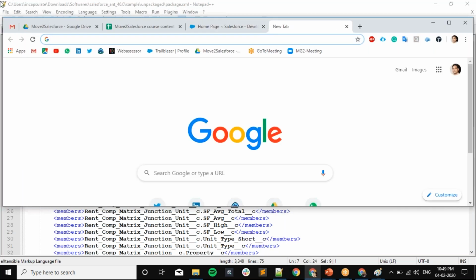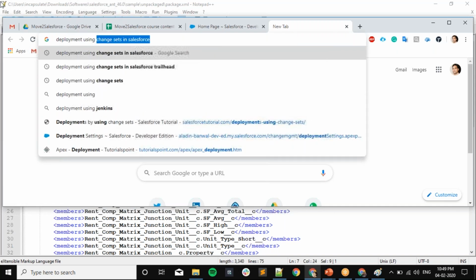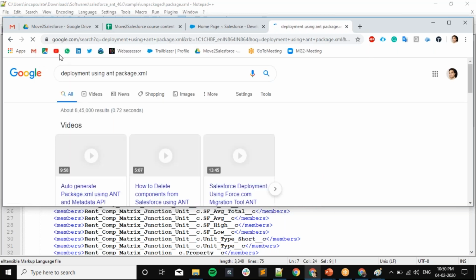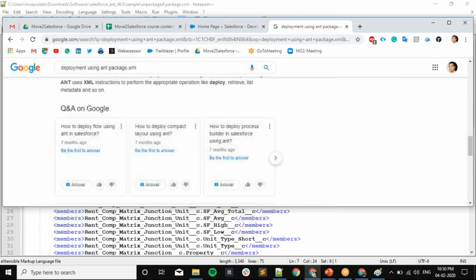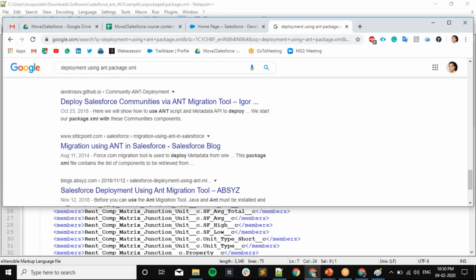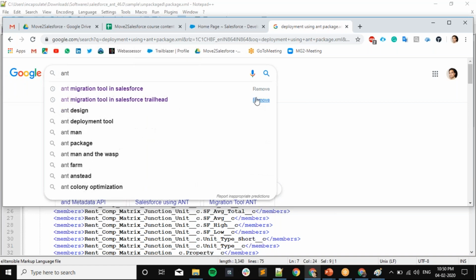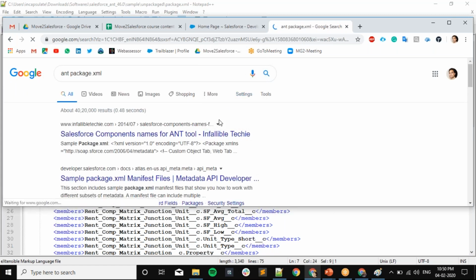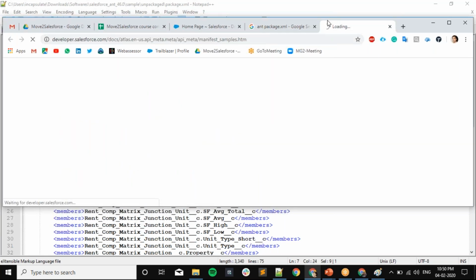So if you go to Google and search for deployment using Ant package.xml, it will give you the Salesforce page. So there are so many Salesforce metadata names available.